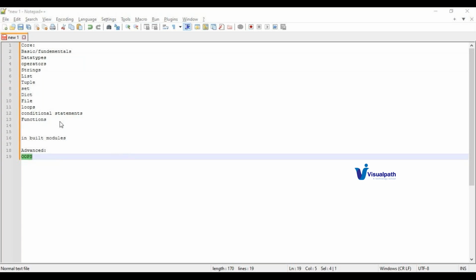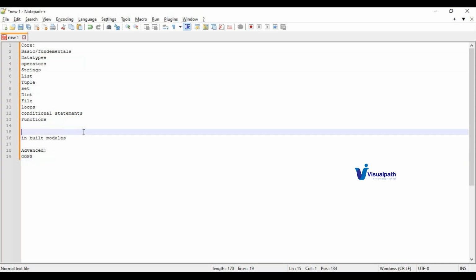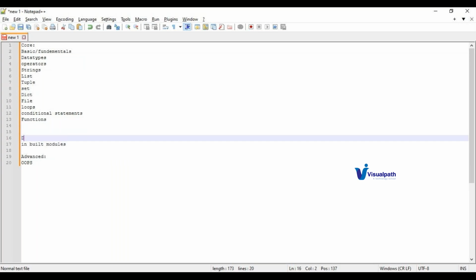Sandeep, just a basic question. Does it cover server-side scripting, like interacting with databases from our code point of view using a Python script? Yes, we'll talk about that.